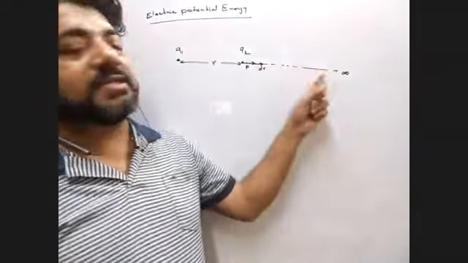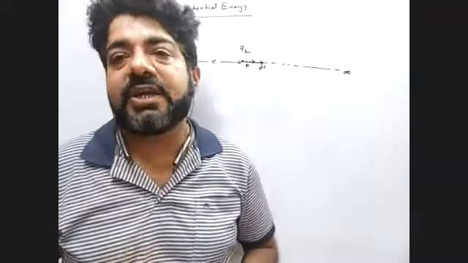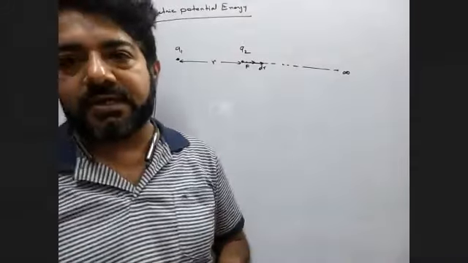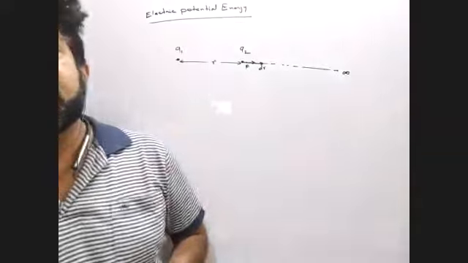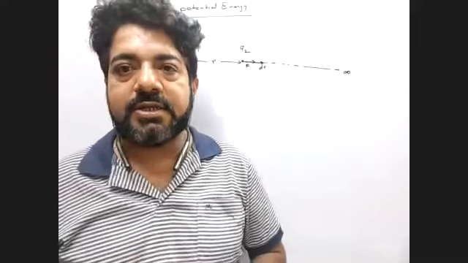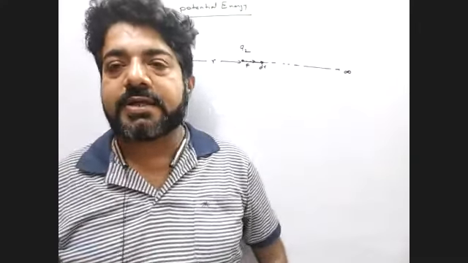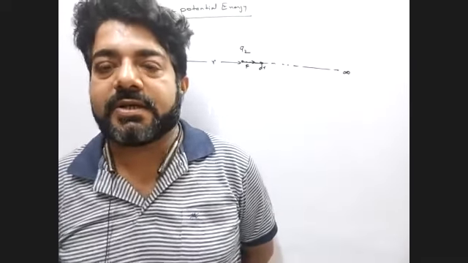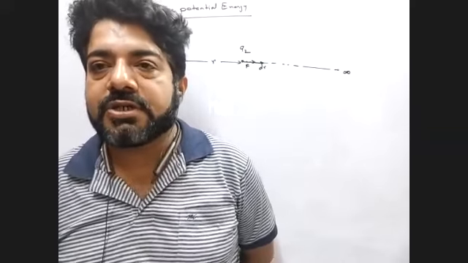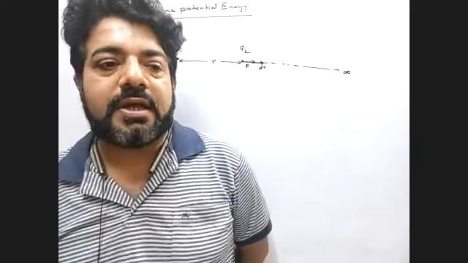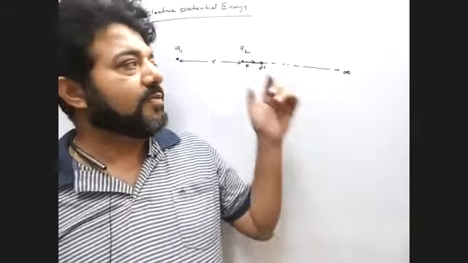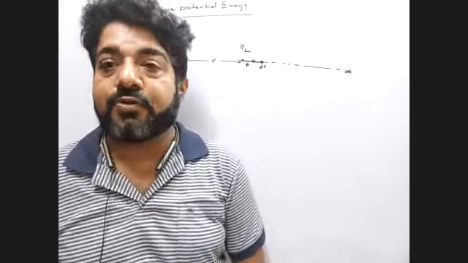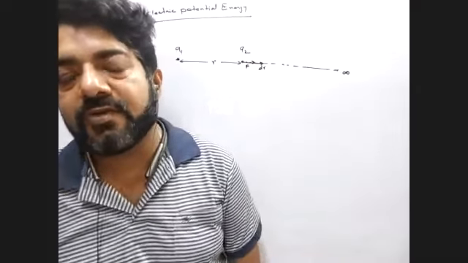Okay, that work done is the external work done. So potential energy is defined as the negative of this external work done. I repeat, potential energy is the internal energy which always opposes the external work done. So you can define the potential energy two ways. One, move the particle from position r to infinity. The negative of that work done is called the potential energy. That is one way you can define it.